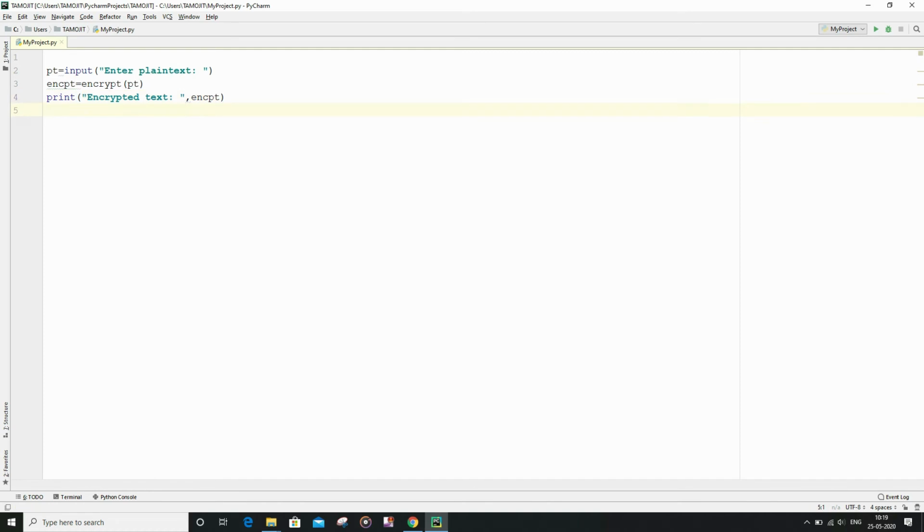So I'm going to do the same for the decrypt function. I'm going to call the decrypt function and pass the encrypt variable as the argument. And then I'm going to print the decrypted text.